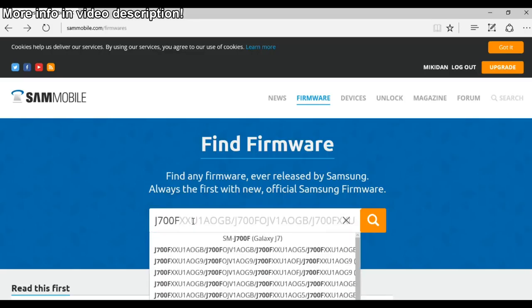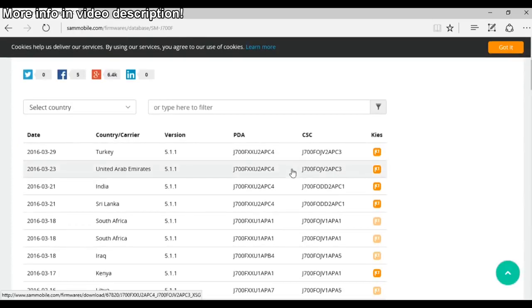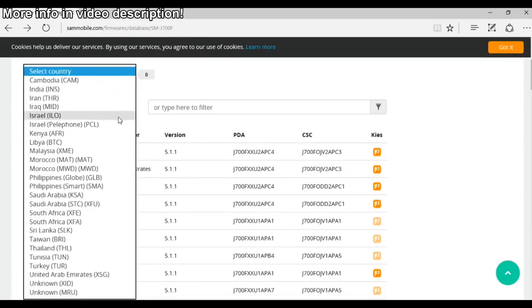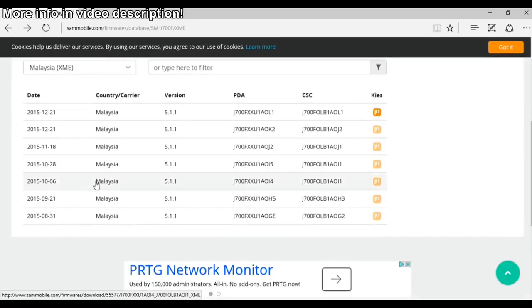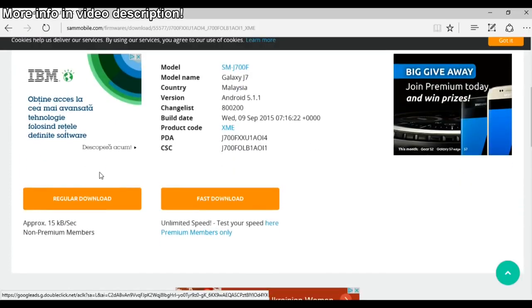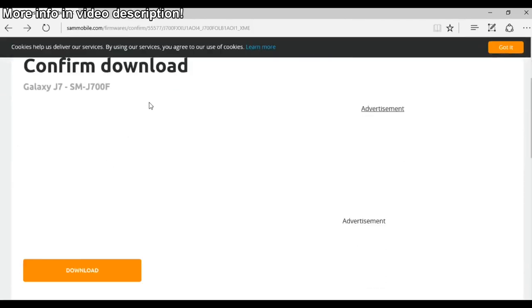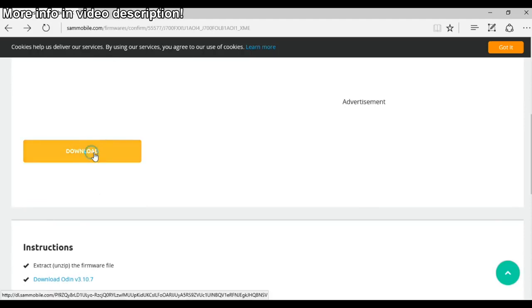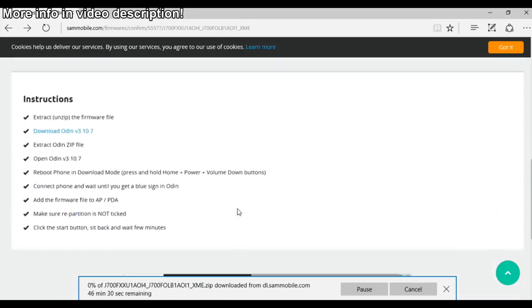J700F, and here is my phone, and click on the search button, and from here just select your country, and mine is Malaysia, and select your firmware. Okay, and I will select this firmware, and now just click on regular download and confirm download now. Click on the download button, and now the firmware is downloaded, and here you have the